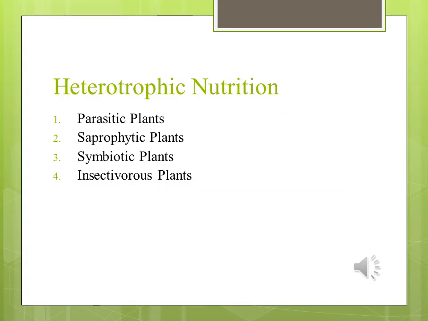Heterotrophic plants are subdivided into four categories: parasitic plants, saprophytic plants, symbiotic plants and insectivorous plants. Now, what is a parasitic plant? Parasitic plants are plants that depend on other plants.